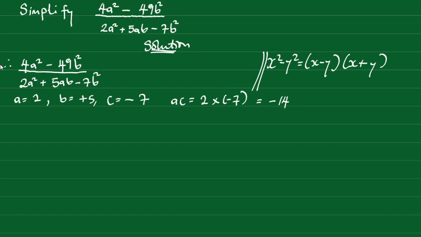So we have (2a) squared minus, while in place of 49, we write 7 squared, so we have (7b) all squared,